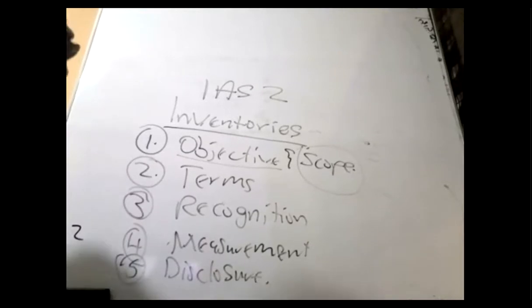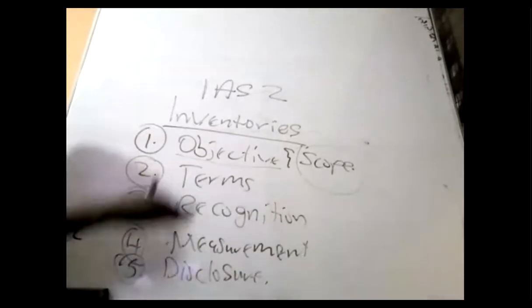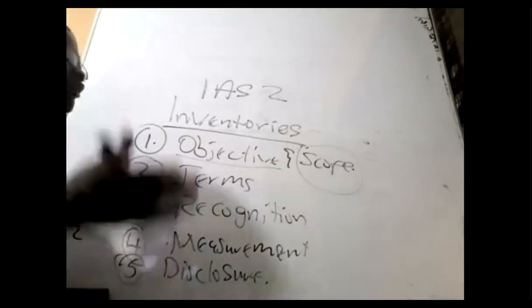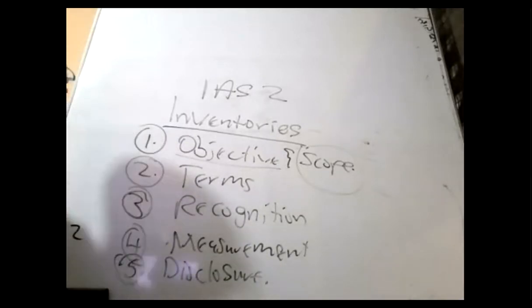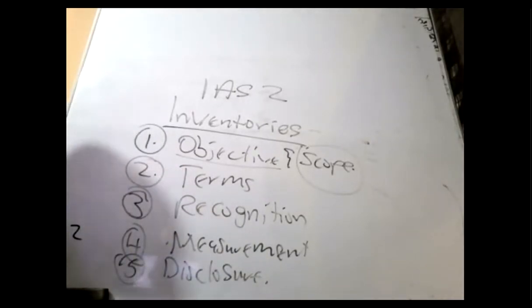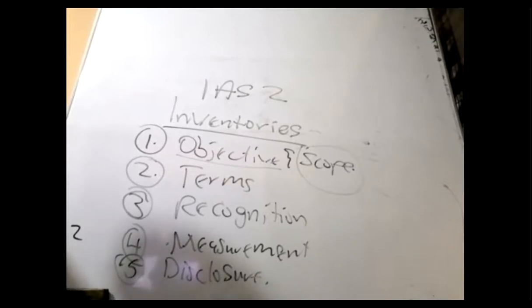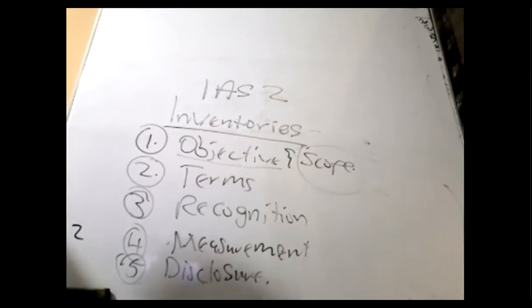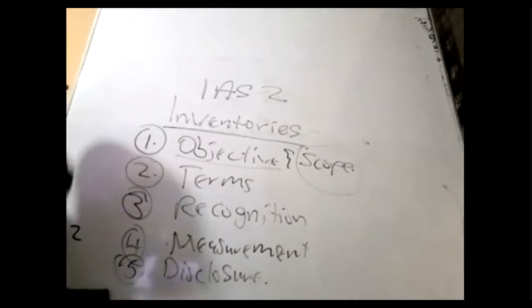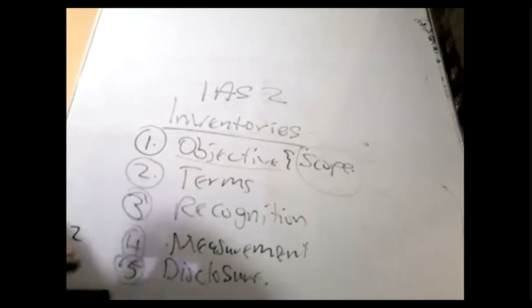It covers all inventory except those covered in other standards. Some of the standards have different versions of inventory. For instance, if you deal in cocoa, if you are a cocoa farmer and you have cocoa beans, it's your inventory, it's your stock. But IAS 2 will not cover it,